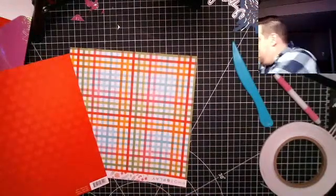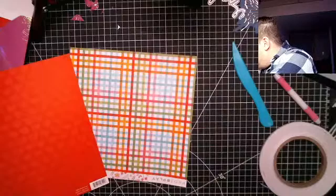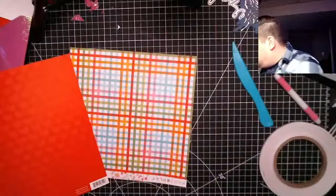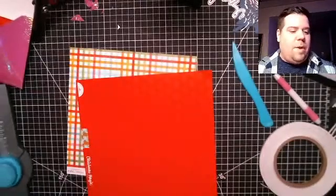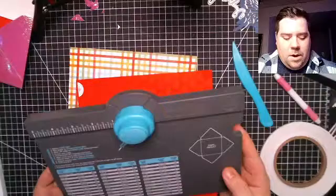I had another piece. And then if you make smaller cards, so the 6x6 measurement is if you make a, let's see here,